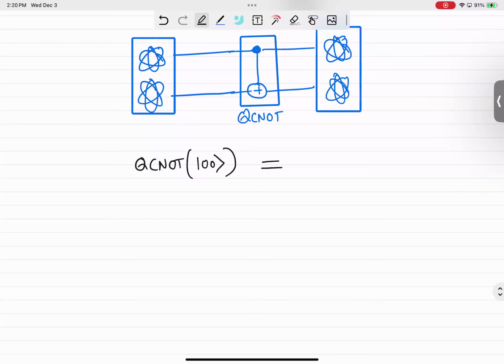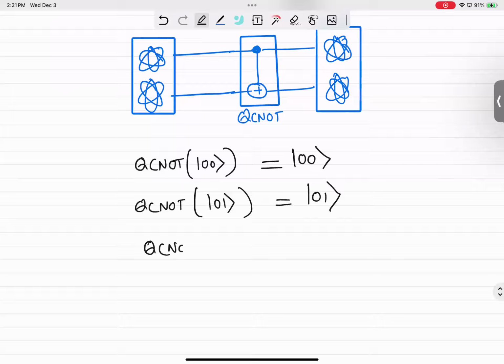Just 0, 0. QCNOT of 0, 1 should be 0, 1, right? QCNOT of 1, 0 should be